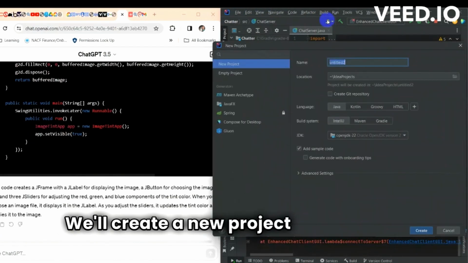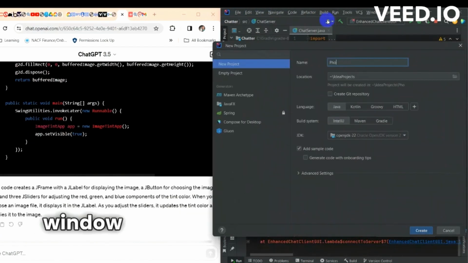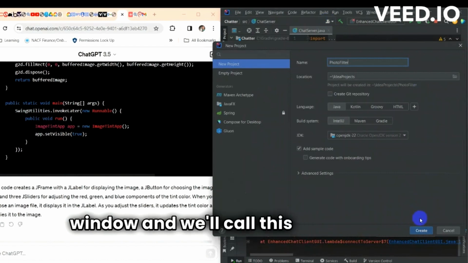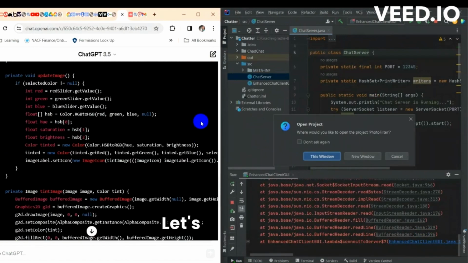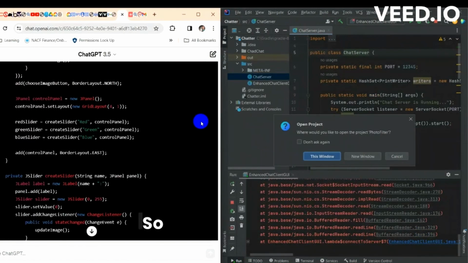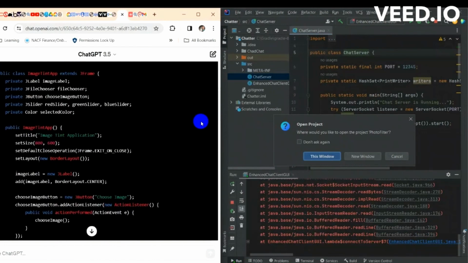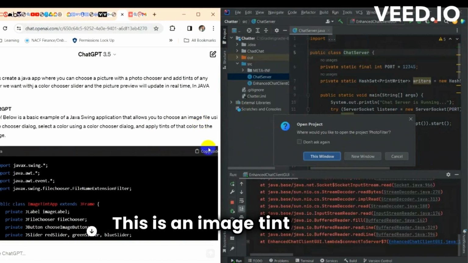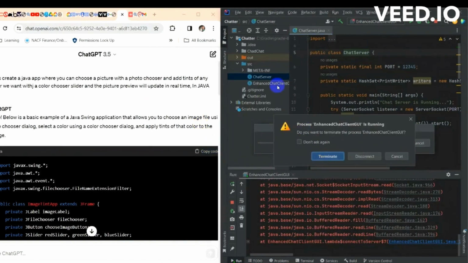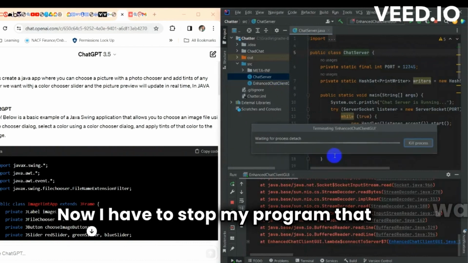We'll create a new project in our IntelliJ window, and we'll call this photo filter. Let's get started. So I'll need to scroll up. This is an image tint app, so I'm going to have to copy this. Now I'll have to stop my program that was running,